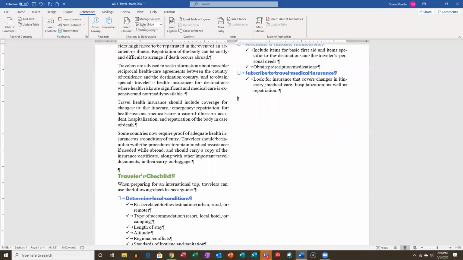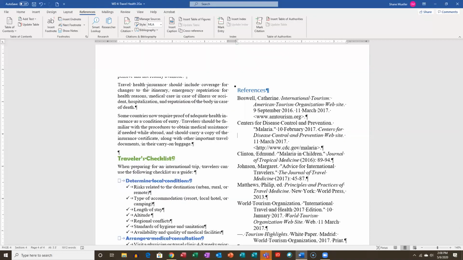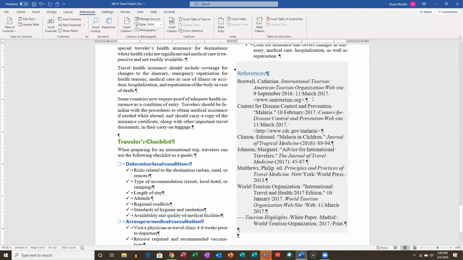And then I'm going to come up here to this bibliography option. I'm going to click on that little down pointing arrow for bibliography. Then you can see there are some different built-in bibliographies: a bibliography, a references, a works cited. We're just going to select that references. So click references, and then it automatically populates, and that references is basically our reference page, and it automatically formats it